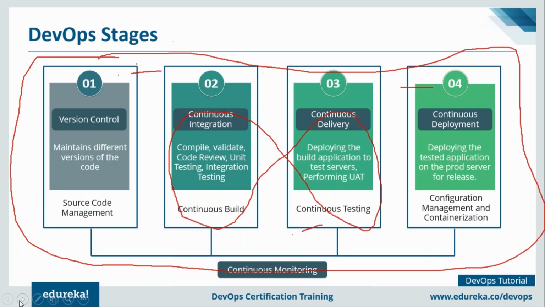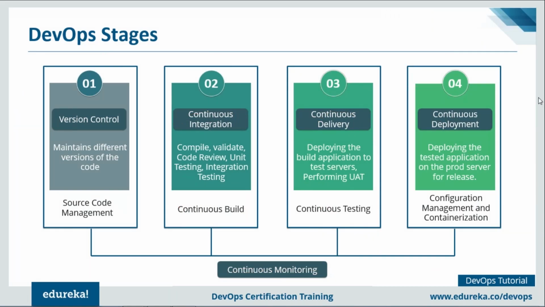Fine. So let's move forward, guys, and we are going to focus on various stages involved in DevOps. So these are the various stages involved in DevOps. Let me just take you through all of these stages one by one, starting from version control. I'll be discussing all of these stages one by one as well, but let me just give you an entire picture of these stages in one slide first.